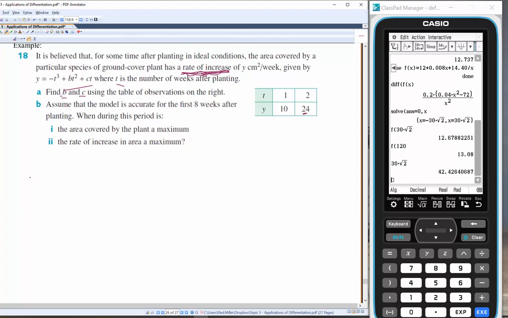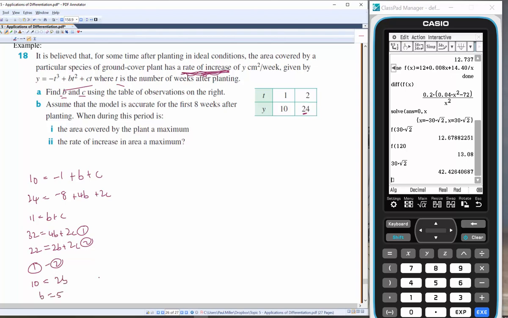Okay, so we're going to say that 10 equals -1 plus b plus c, just subbing 1 in and 10 in. 24 equals -8 plus 4b plus 2c. 11 equals b plus c. 32 equals 4b plus 2c. 22 equals 2b plus 2c, so 1, 2, and let's do 1, take away 2, 10 equals 2b, b equals 5,